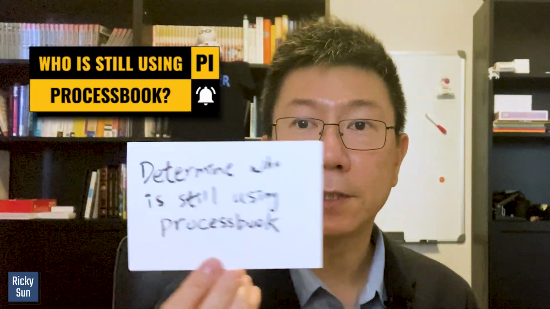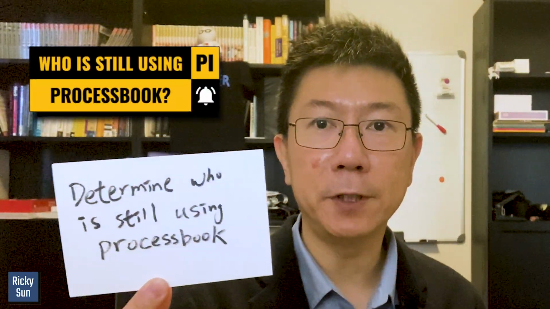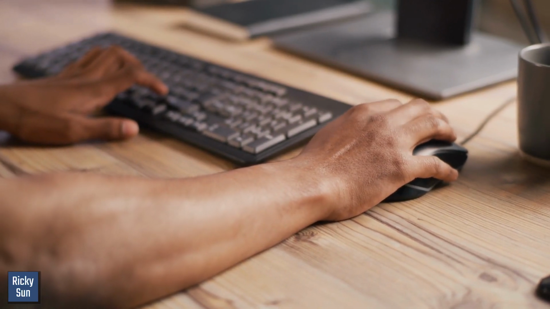I'm a Pi consultant. In this video, I'm going to talk about how to determine who is still using PostgreSQL, because it is going to be decommissioned and you want to notify those users to switch over to PI Vision or have their displays converted to PI Vision, right? So you want to find out who is still out there. I think that is maybe what you are also thinking about.